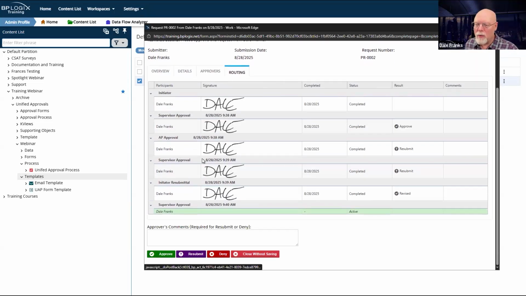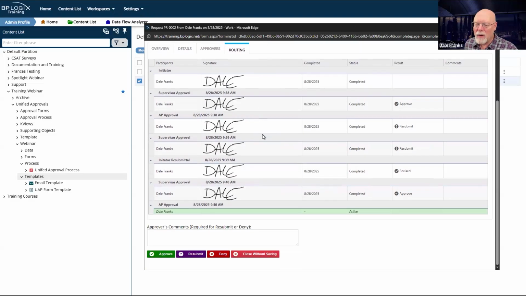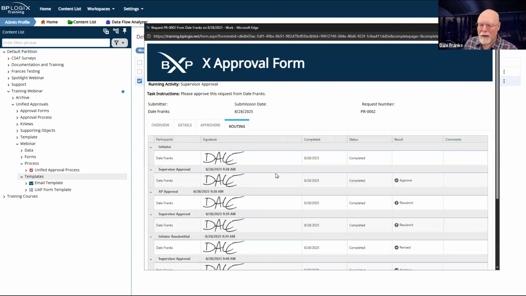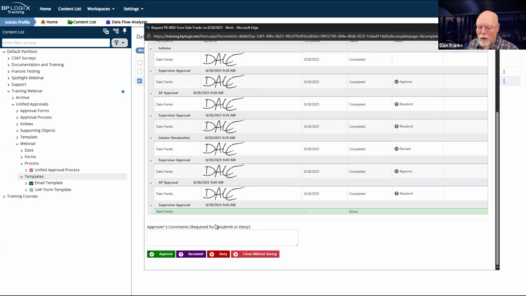So we'll approve it. This should be supervisor approval again. Yes, we are. So we're going to approve there and we'll go into AP approval again. Let's hit resubmit one more time. And we are back at supervisor approval. So I don't like what's happening there.